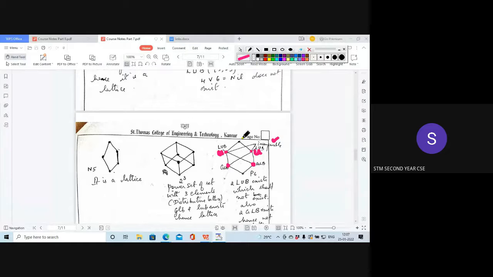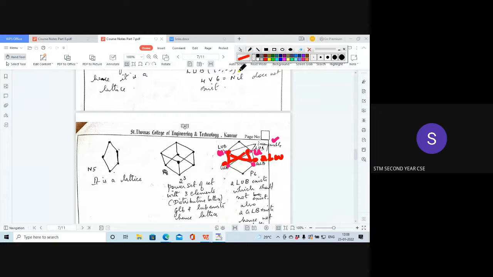And also if we take these two elements, this element and this element, this also has two lower bounds. This is one lower bound and this is another lower bound, and these two lower bounds are not related to each other, which means we cannot select one particular lower bound. So only if there exists a unique lower bound and a unique upper bound can we say that it is a lattice.